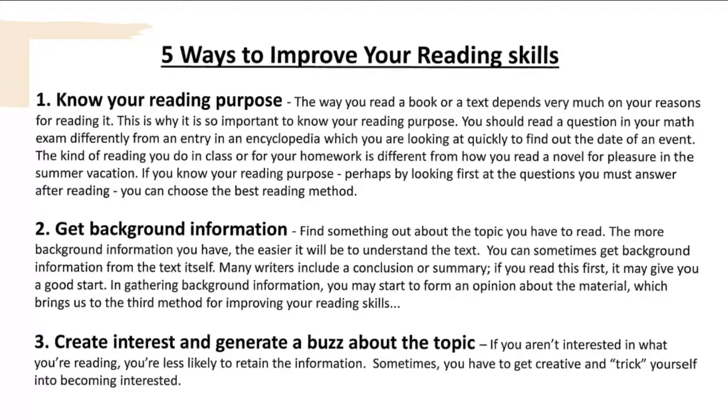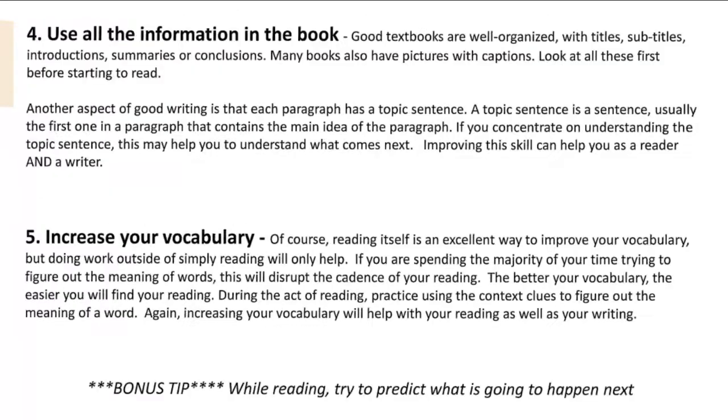So those are some strategies. Another strategy is to make sure that you use all of the information that's in the book. So if you're reading a textbook, or even your passages for some of the HiSET tests, will have pictures that have captions. They'll have graphs that have headings and labels. So whatever it is that you're reading, make sure that you're utilizing all of the information that the author has